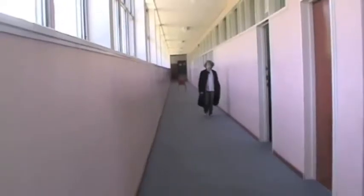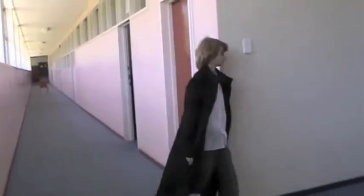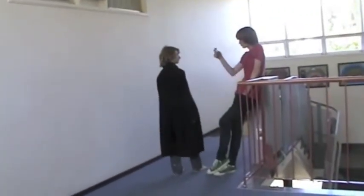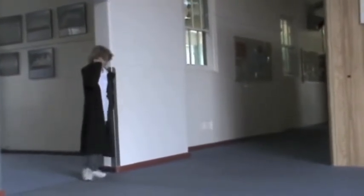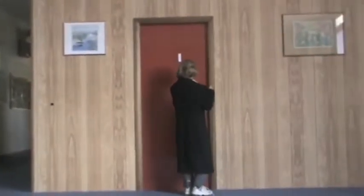Photography is a bit blurry in some parts, but nothing's perfect. You can see a lot of changes to the school in these scenes. Paintings up on the wall. I think that was like some sort of wheelchair carrying up the stairs thingy. And the sign